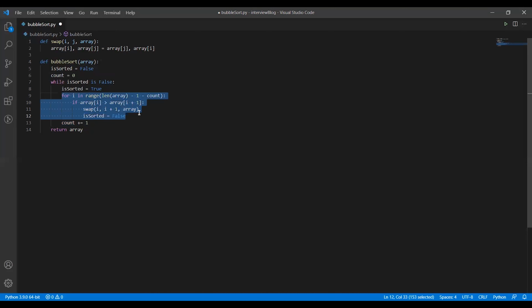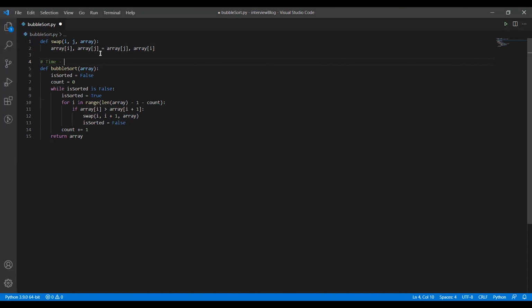So next time while we traverse, we do not want to look at the indexes of the elements which are already positioned correctly in the given input array. So I'll be having the variable count to traverse only the part of the array which remains unsorted. That is, we are ignoring the sorted part of the given input array using this count variable. So hope you understood the problem.